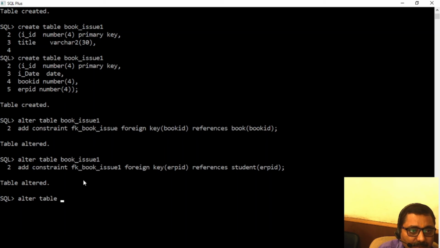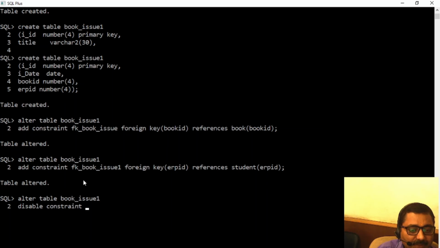Alter table, table name, that is book_issue_1, then disable constraint, then the constraint name.